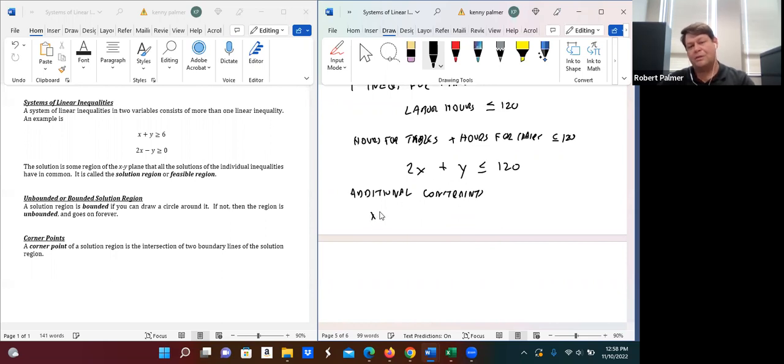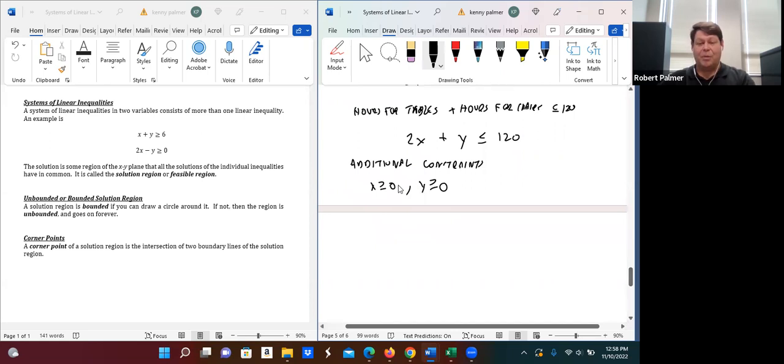Okay, we're going to have x greater than or equal to 0 and y greater than or equal to 0, because obviously the number of chairs and tables can be 0, they can be positive, but they can't be negative. Okay, so our system of linear inequalities